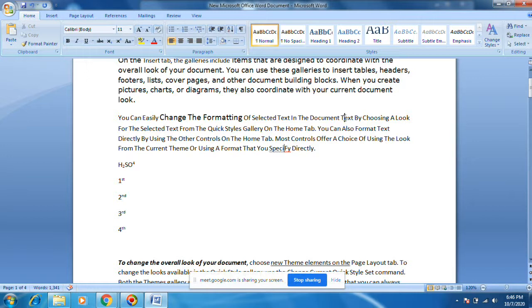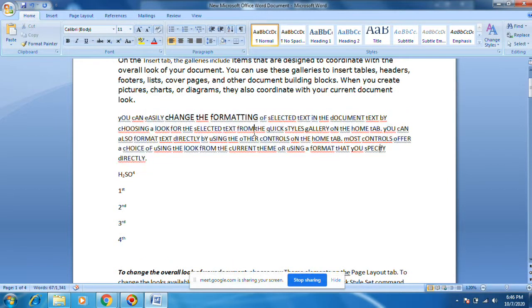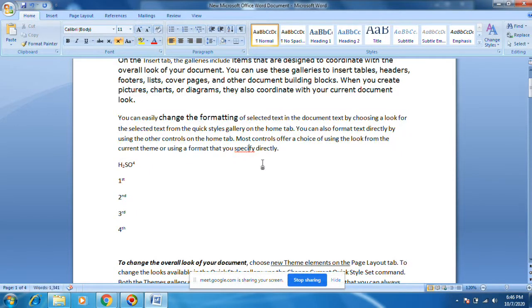You see, the first character of each word will be a capital letter. You can put anything like this. Toggle case: first character small, remaining are big characters. Let's keep sentence case.